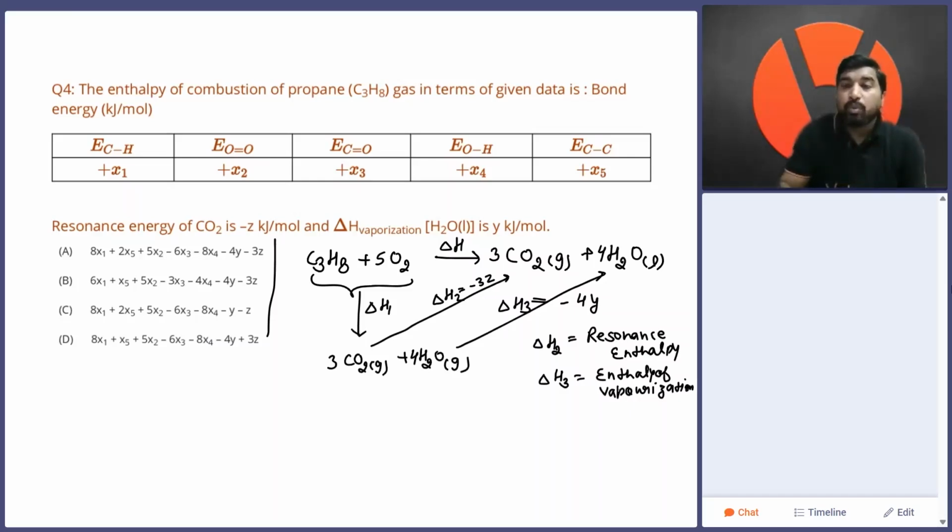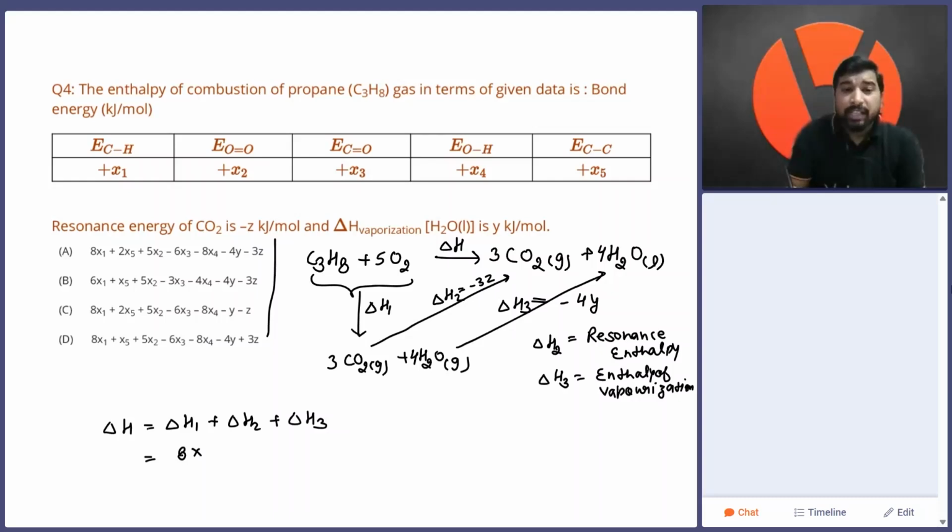Now first we need to calculate the value for del H1. So del H is equal to del H1 plus del H2 plus del H3. Now for del H1, the bond energy data is given. In the case of C3H8, there are 8 carbon-hydrogen bonds. So 8 into